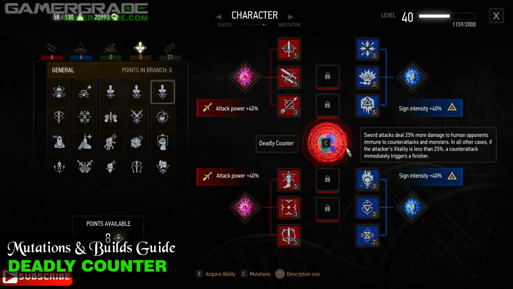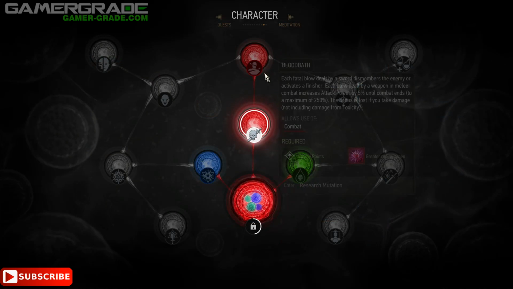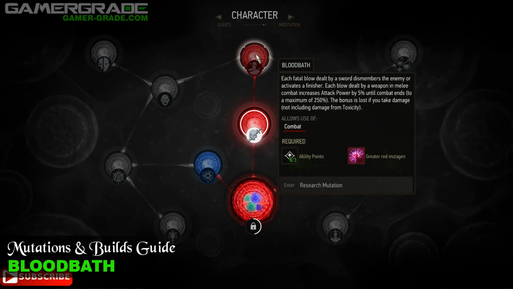The next build is based on the second of the 2 combat mutations called Bloodbath. This mutation will allow access to the combat and general skill categories for choosing skills to place in your bonus 4 ability slots. The game description says, each fatal blow dealt by a sword dismembers the enemy or activates a